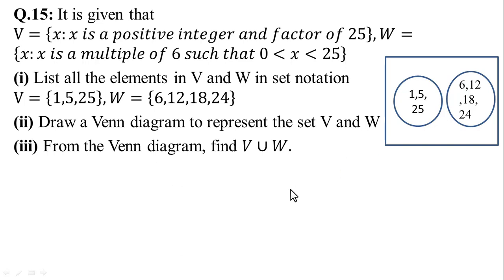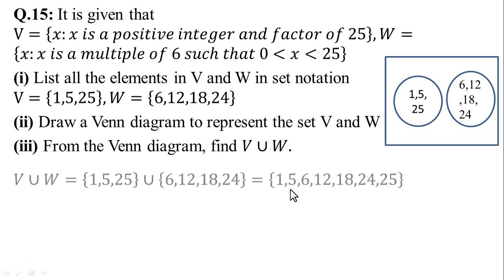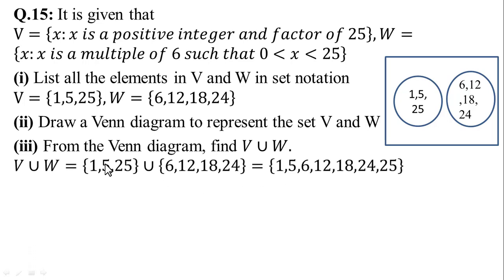Now in the next part, from the Venn diagram find the value of V union W. V union W is the elements of V union the elements of W. In the union we write all the elements, so the answer is 1, 5, 6, 12, 18, 24 and